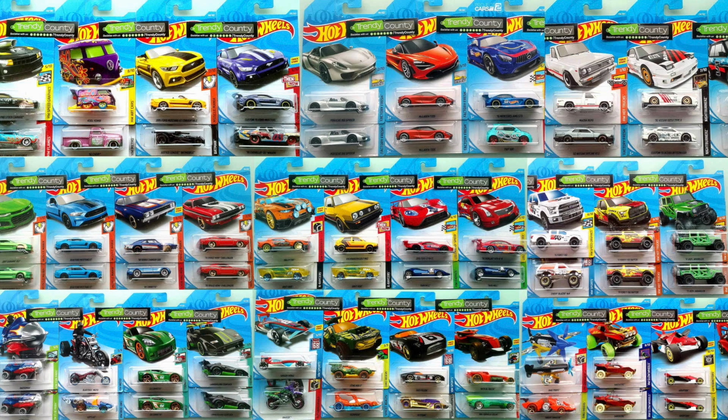It's HotDiecast Garage, and today we're taking a look at the brand new 2018 J-Case Hot Wheels. I'll be unboxing the J-Case very soon,